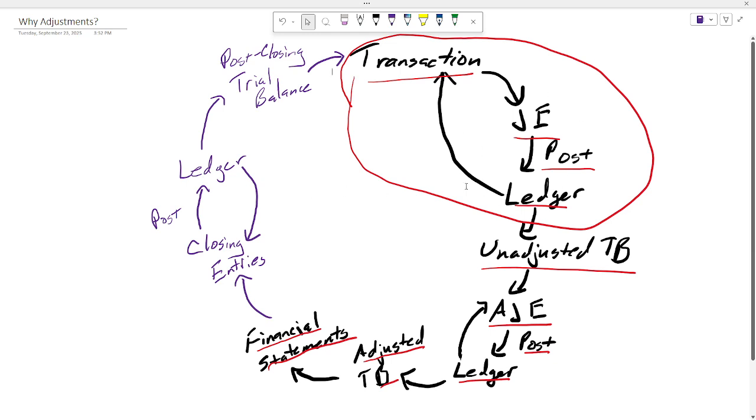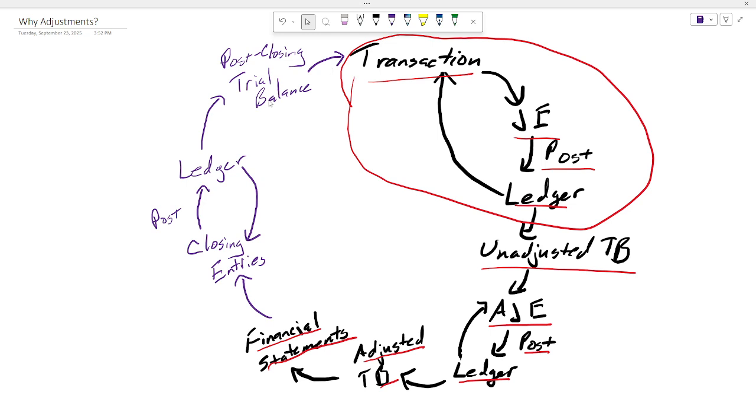Also, whenever we are done with one of these subroutines in the accounting cycle, we make a trial balance. So we make a whole bunch of journal entries, and then we make a trial balance. We make a bunch of journal entries down here. We make a trial balance. And when we make closing entries, we make a bunch of those, and then we make a trial balance. So we see some patterns here whenever we look at the accounting cycle.